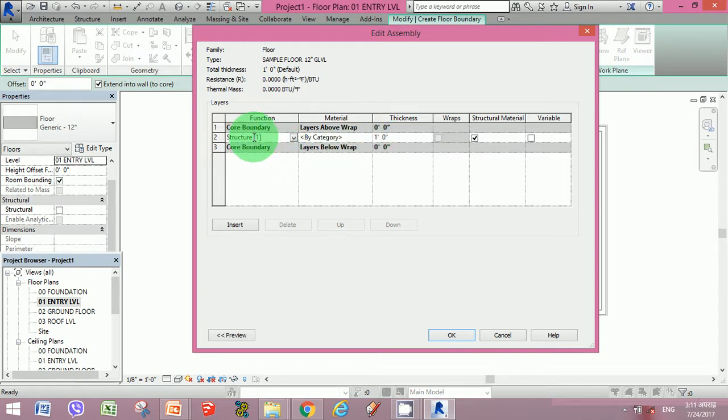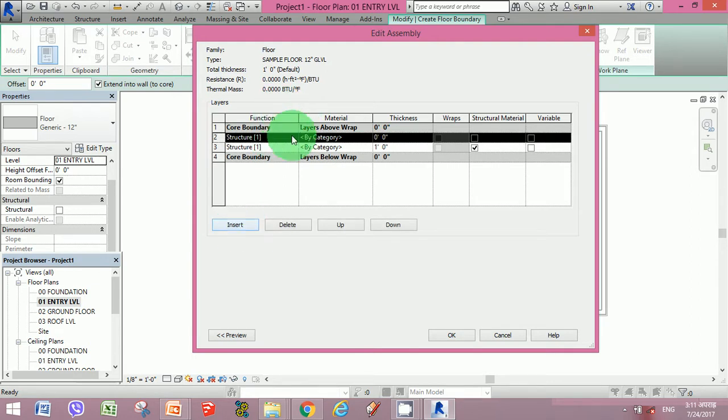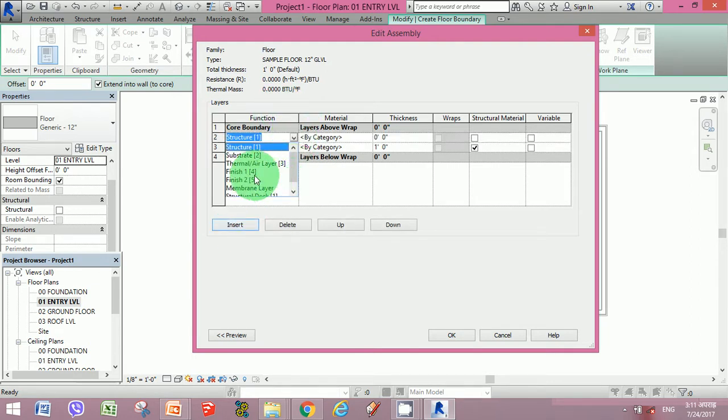If you want to add another layer over here, you could add a finishing layer, because once the structure is in place, you have to have a finishing level of some sort. So if you need any kind of finishing level, you go to the finish exterior, and then you select a material.